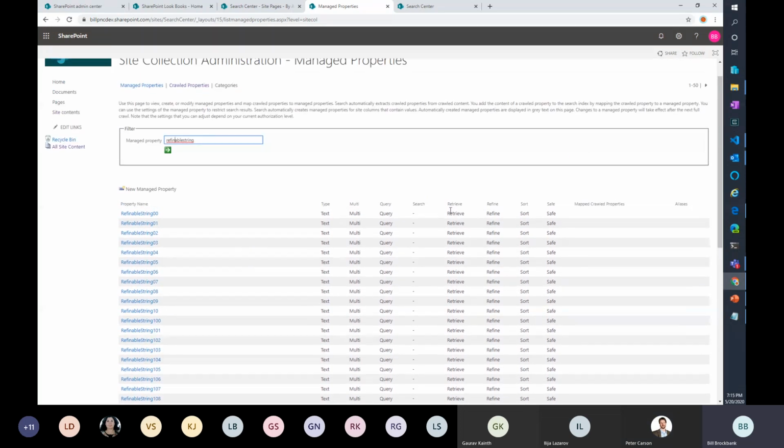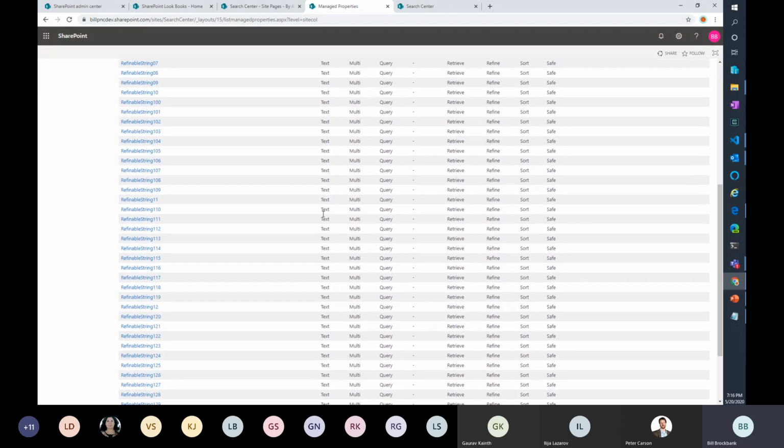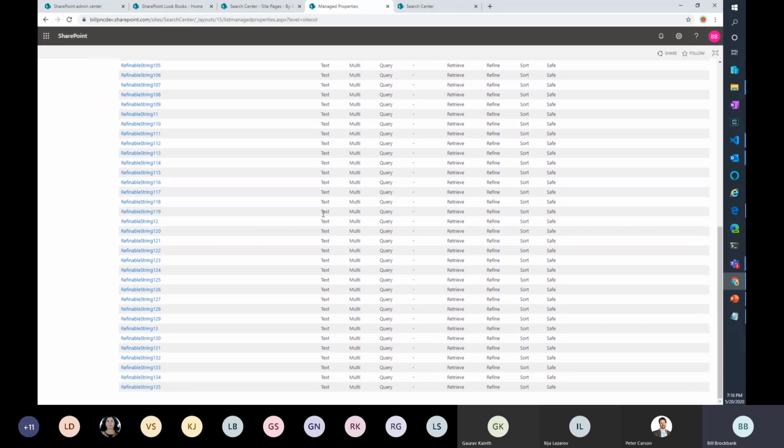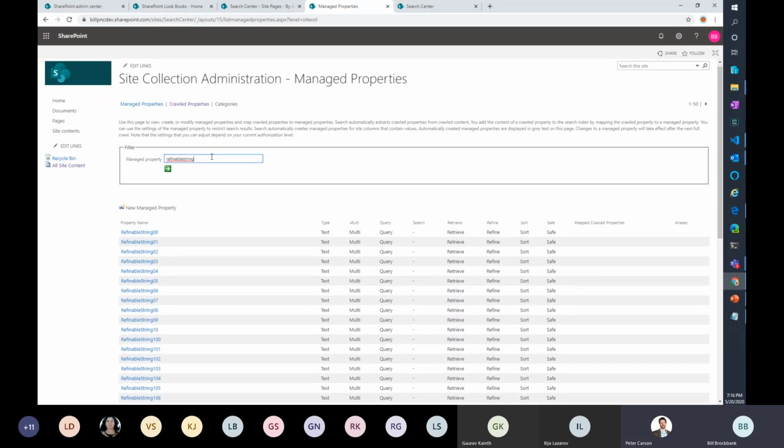And you can see if you configured crawl properties to them, you get them as sortable, refinable, retrievable, queryable, and multi-value support, which is a key. And they're all text. You can see it goes all the way up to 100-something. I think it's 200 and something of them. There's a lot of them, so you'll never run out of them. Right. And then you have a set for dates. There's fewer date ones than there are strings.